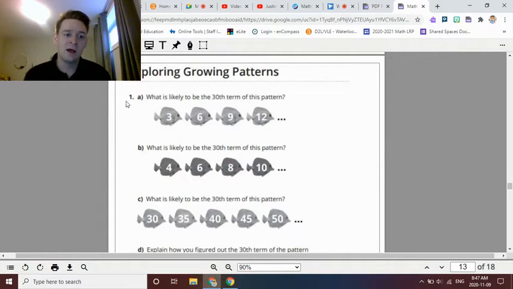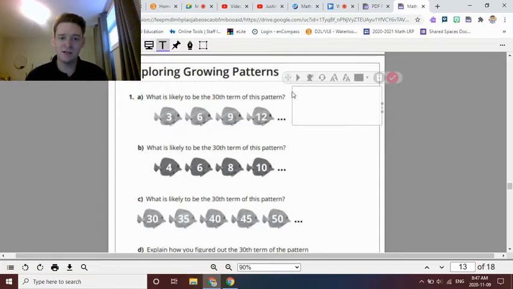So we have number one. It says, what is likely to be the 30th term of this pattern? So we need to know what they mean when they say term. I'm going to use my typewriter function here. And if I'm checking this out, I have term 1, and below I can say